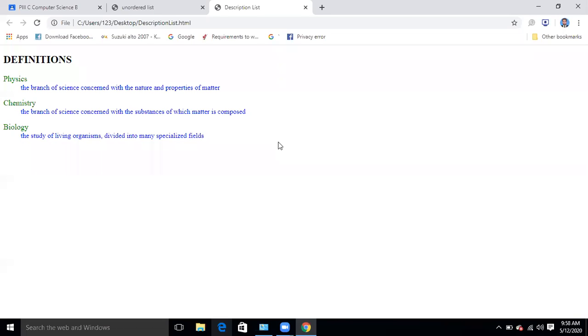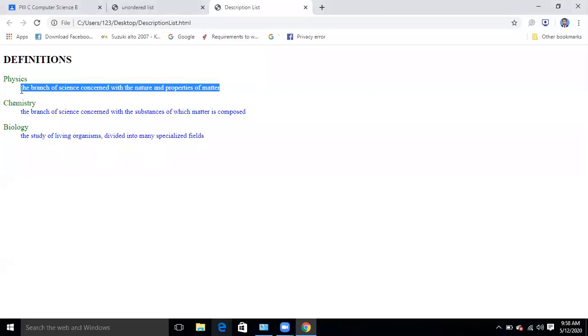Definitions of physics, chemistry, bio, these are the subjects. So what we are doing, we are not using ordered list or unordered list over here. We are not mentioning any bullet points or any numbering. We haven't mentioned the detail over here with the bullet point.